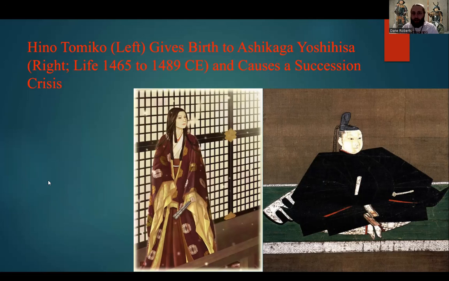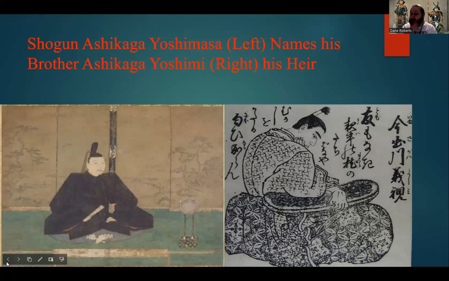But honor and following through with your promises, especially as the head of a state, was incredibly important, especially considering Ashikaga Yoshimi was a powerful political leader and daimyo in his own right. Again, that inherent political disunity. So Ashikaga Yoshimasa didn't want to upset all the people who had their own personal armies, especially his brother.